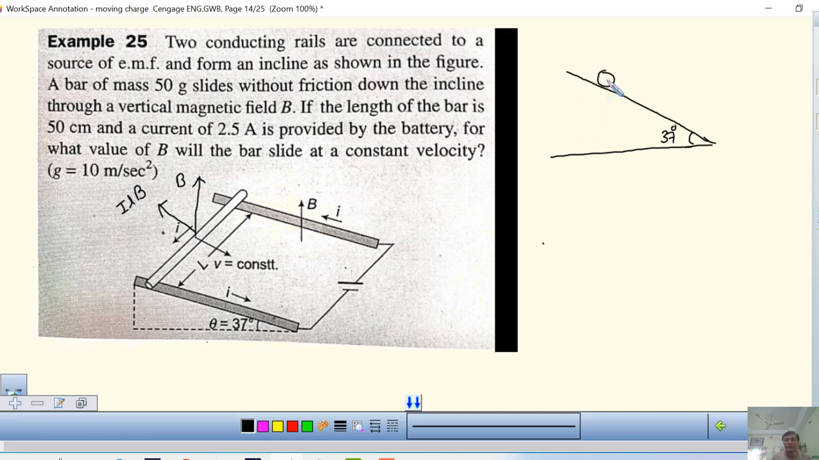So because of gravity, this force is mg, and this force is mg sin theta. That we know, mechanics of action. Magnetic field is in upward direction. Okay, so because of the magnetic field B